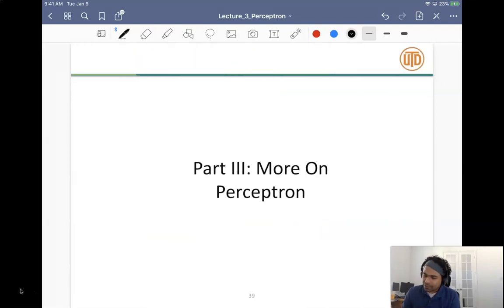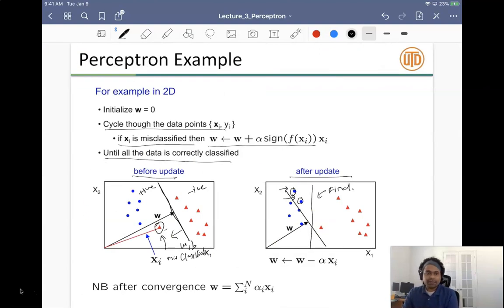Okay. So, okay, I think with this we will end part 2, and then we study a little bit more now on the drawbacks of perceptron, right? And probably extending perceptron to richer features, like polynomial features, etc., right? And I think this will basically set the stage for us for the next lecture, which is support vector machines.